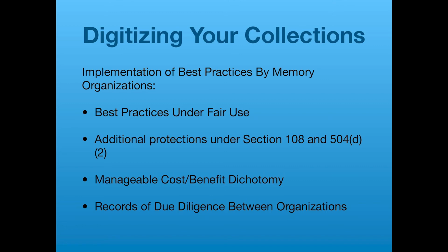So let me go over that in a little more detail. The factors that you want to consider when digitizing orphan works is, does the use transform the material taken from the copyrighted work by using it for a broadly beneficial purpose that's different from the original? Or did it just repeat the work for the same intent and value as the original, in fact, just merely substituting it? Was the material taken appropriately in kind and amount, considering the nature of the copyrighted work and the